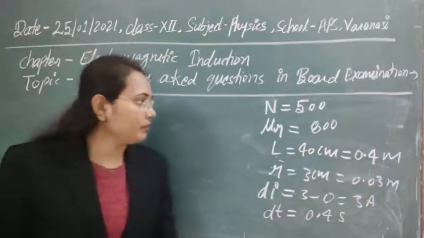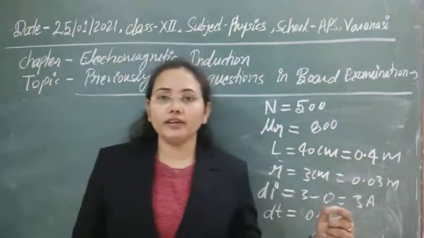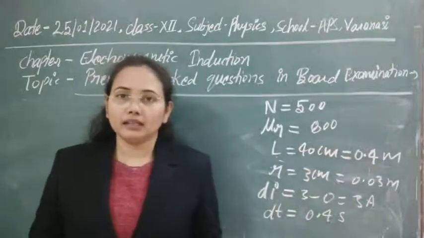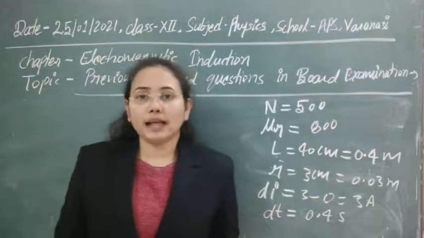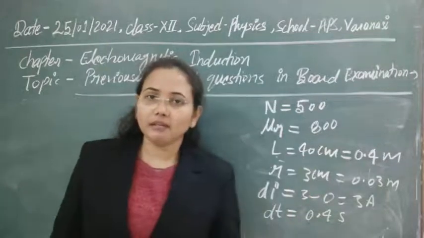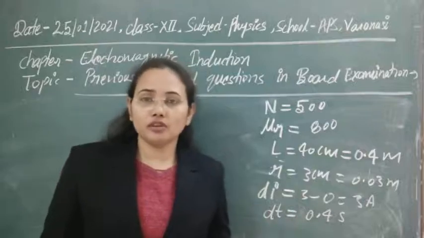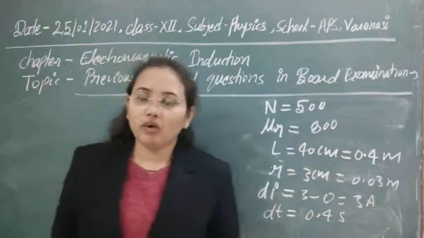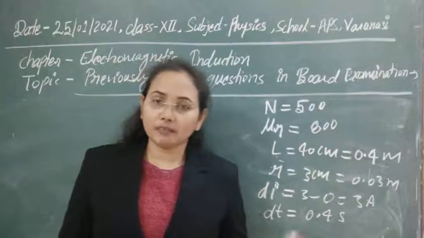One more thing here: it is given relative permeability. You know that the permeability of different materials is different, meaning the capacity to produce or contain a magnetic field, that is its permeability. That can be different in different types of materials. So whenever we change the material of the solenoid, its permeability will obviously change. So normally we cannot always take mu 0. Mu 0 will be taken only in the case of an air core.